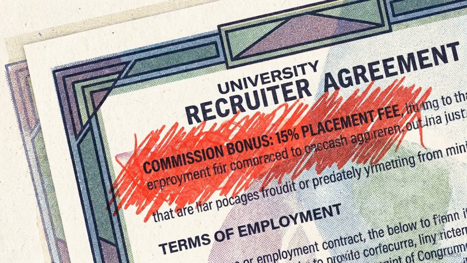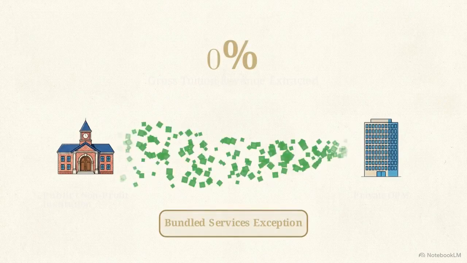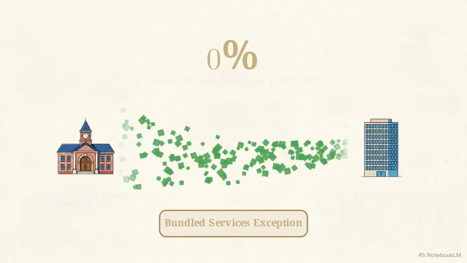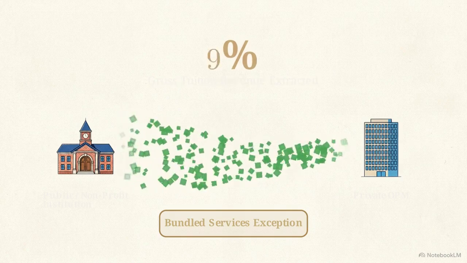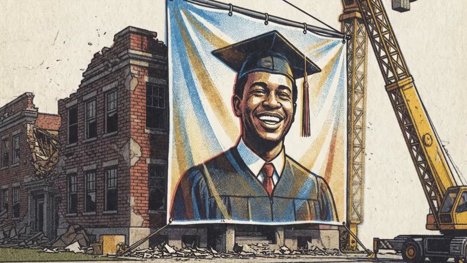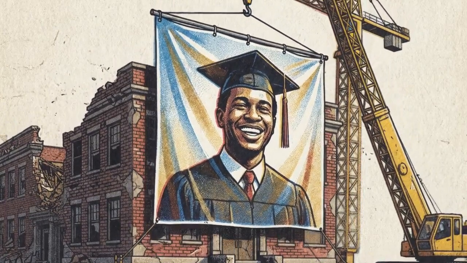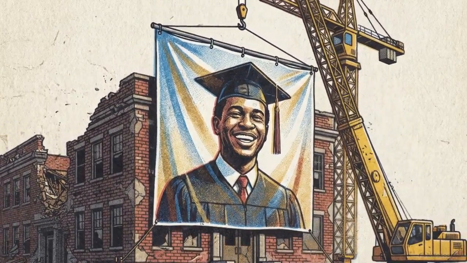To prevent predatory enrollment, federal law explicitly prohibits universities from paying commission-based bonuses to student recruiters. In 2011, however, the Department of Education issued sub-regulatory guidance creating the bundled services exception. If a private OPM bundles recruitment with IT or marketing services, they can legally circumvent the recruitment ban. This allows these companies to extract 50 to 70% of an online program's gross tuition revenue. This sub-regulatory loophole directs taxpayer-funded educational subsidies toward aggressive corporate marketing, decoupling student enrollment from actual instructional capacity.